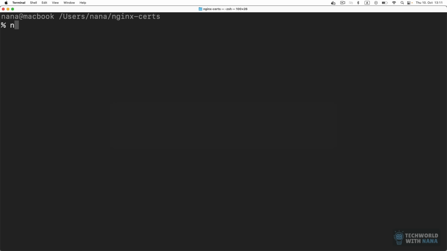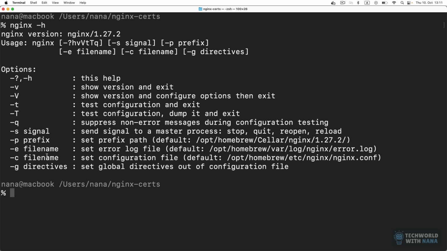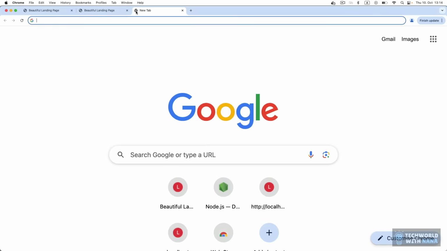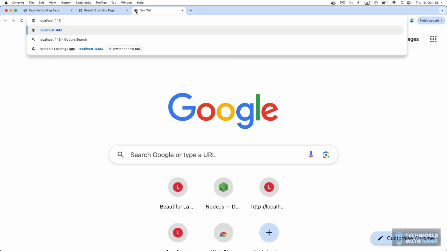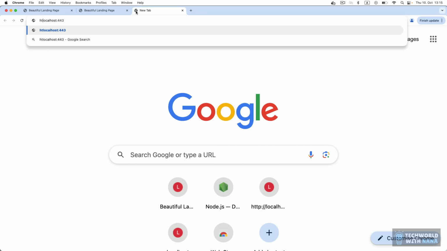And going back to the terminal, let's do help. And here you see a bunch of Nginx subcommands. And one of them is this one here, signal. It basically sends a signal to the main process of Nginx, whether to start the Nginx process, to quit, reload, reopen, and so on. So we need to reload our Nginx like this. So now if I try to access localhost on port 443, that's what we configured,